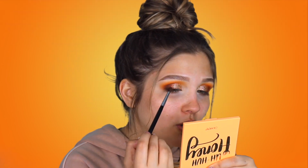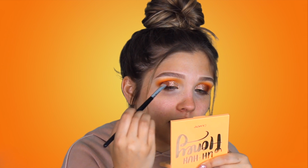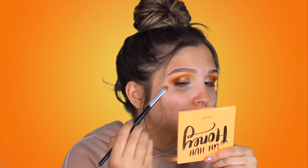Taking that pencil brush with no additional color and just making sure they really mesh. And then just going back and forth with them two brushes, the one with the shimmer shade and the one we use for the outer corner, just to really make sure it all blends. I'm impressed at myself. I love this so incredibly much. I hope I don't look like a total mess, but